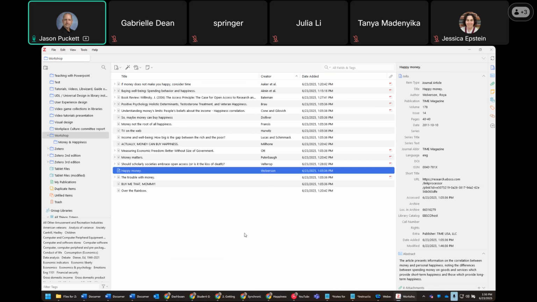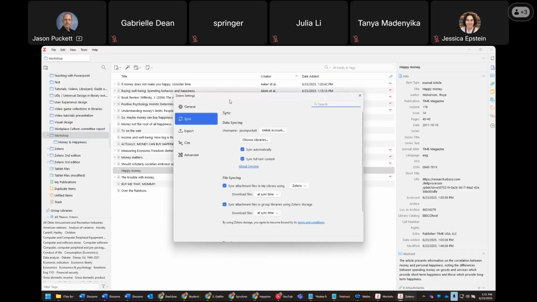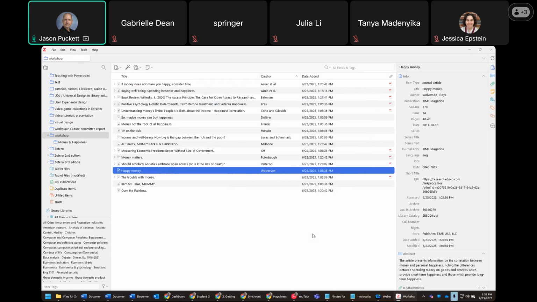So obviously I'm working on my work computer right now. I've got a laptop at home, of course, and I've got my Zotero library synchronized between the two by putting that login info into the sync settings here. So my account name is Jason Puckett, you can see. So any computer where I have that set up on Zotero, it's automatically going to